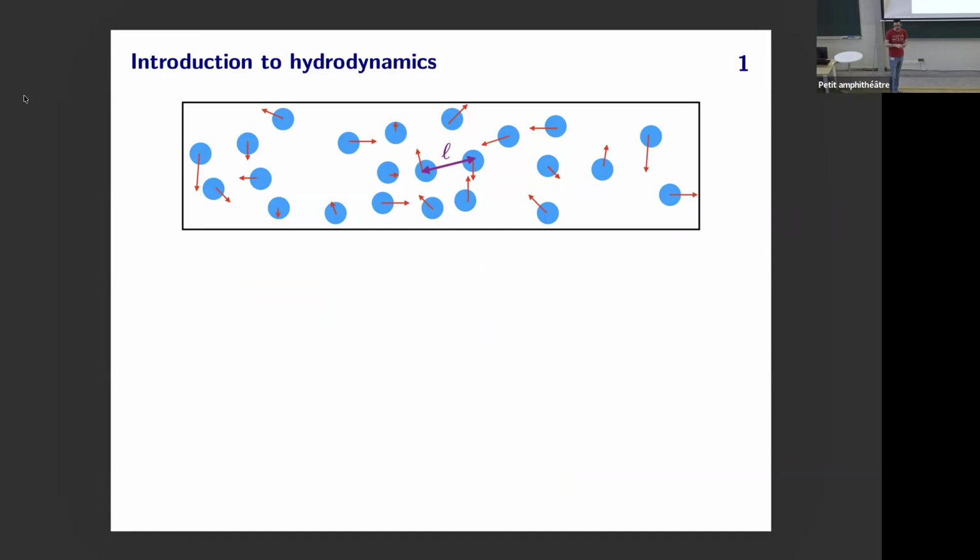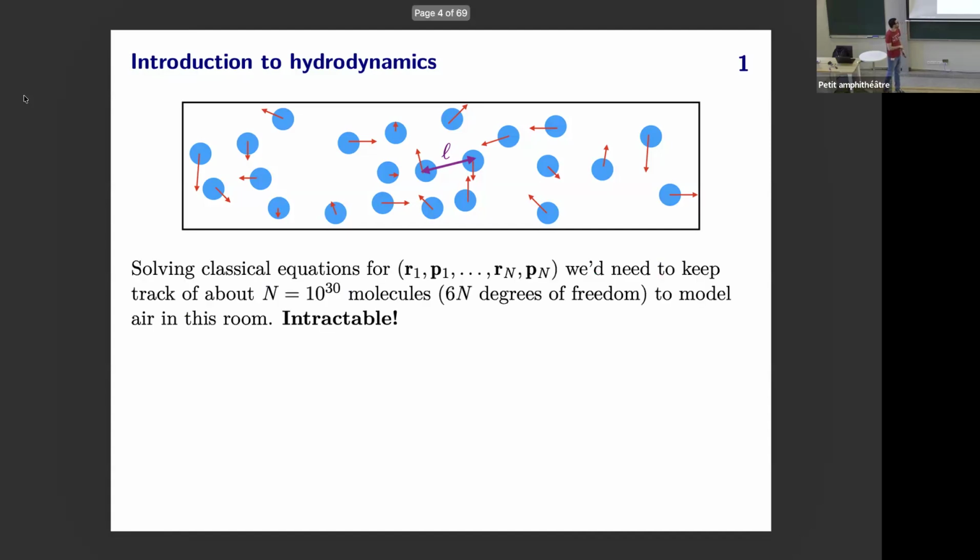Let's take a step back and think about what's happening in, let's say, the air in this room. We have some very large number of molecules. Even if we treat them classically, the initial value problem is quite involved. I could specify the position and initial velocities of every molecule in the room, and I would have some absurd number of degrees of freedom to solve for. So if I'm looking at F equals ma, then obviously this is a waste of computational resources, not that they would even exist.